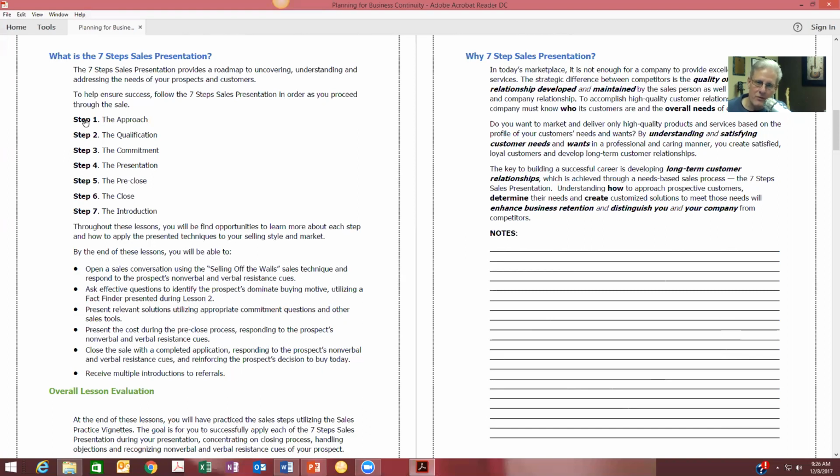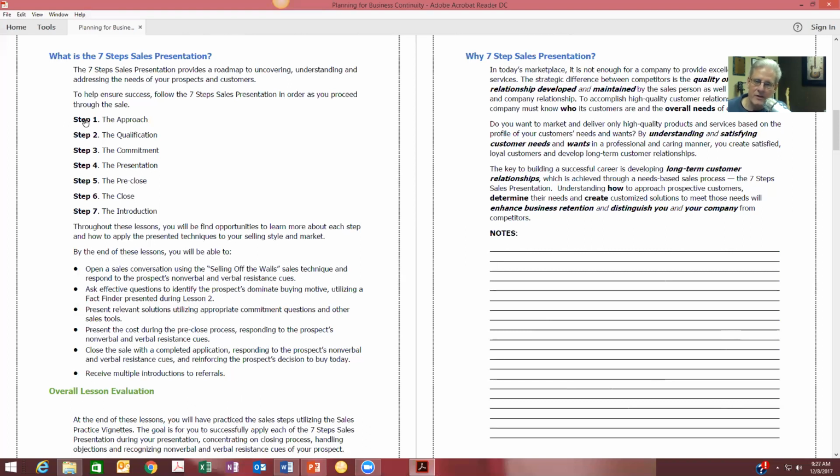In step 3, we use trial closers to get a commitment. Because it doesn't matter if the prospect sees that they have a problem if they're not committed to solving that problem, and if they're not committed to solving that problem with you, and if they're not willing to solve that problem today. So the commitment talks about how to integrate the prospect making a commitment during the sales presentation that in fact this product will solve the problem that they're acknowledging that they have. And then, and only then, do I do a full sales presentation.